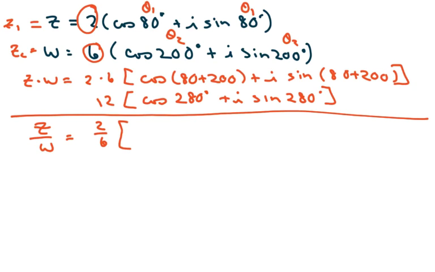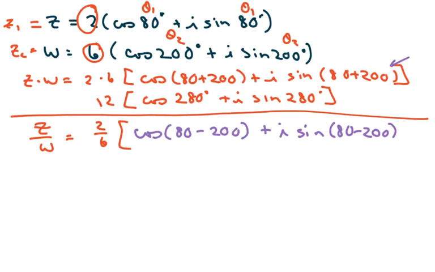And you do the same thing. You just copy the same thing down, but subtract. Cosine of 80 minus 200 plus i times, again I forgot to put the sine here, so it's going to be sine of 80 minus 200. All right, so basically clean this up, and you're going to get 1/3